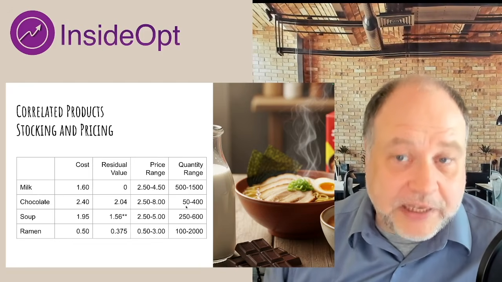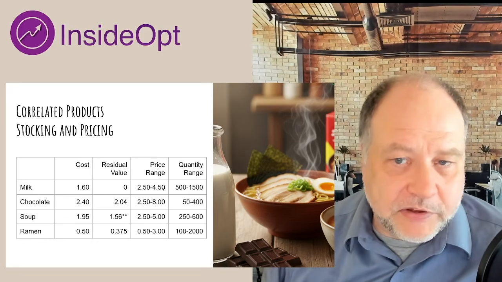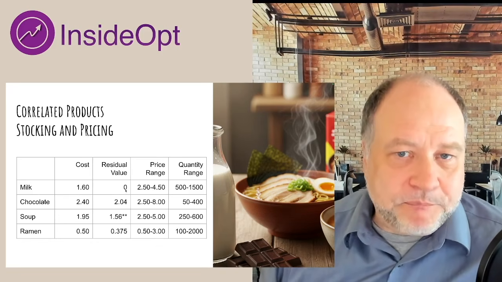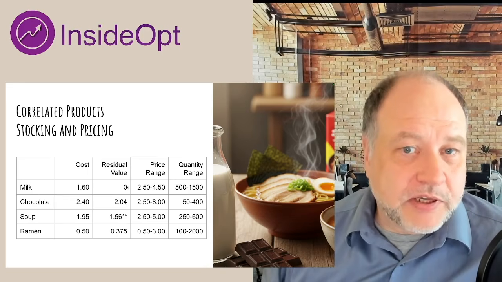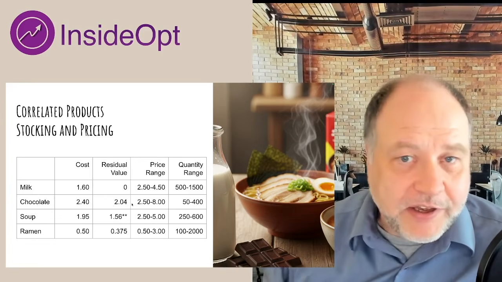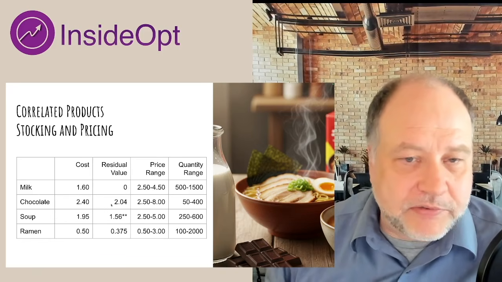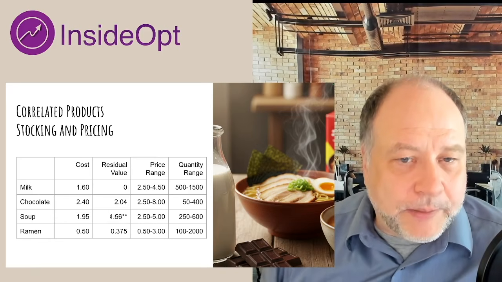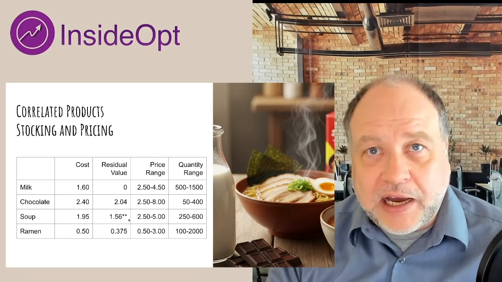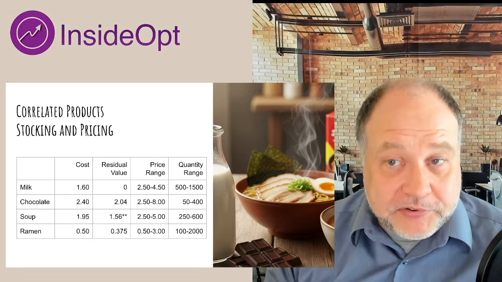There's a certain range that I can buy to put it in there, and there's a price range that I've been given where I have a reasonable idea of how much the whole thing is actually going to cost. Then there is a residual value, of course. If I don't sell this thing this week, how much is it worth next week? The milk is going to go bad, so it's going to be out of the window, and the chocolate and everything else loses a little bit of value. Whereby for the soup, there's a certain amount of the units that are going to go bad. So I need to get rid of them this week. And now the question is, well, how should I